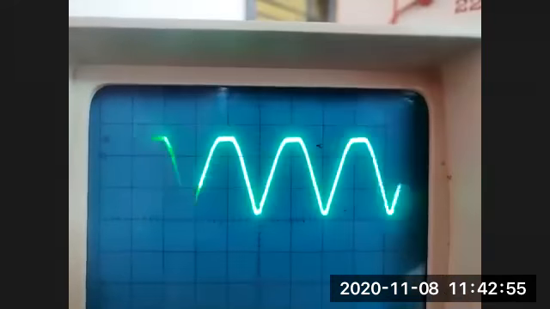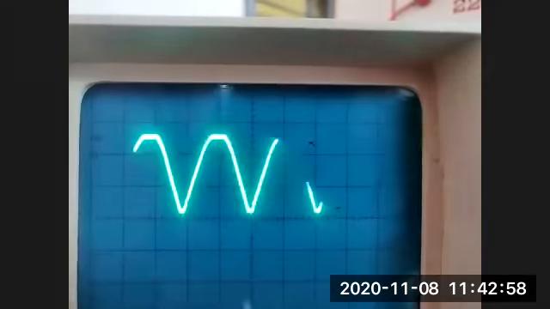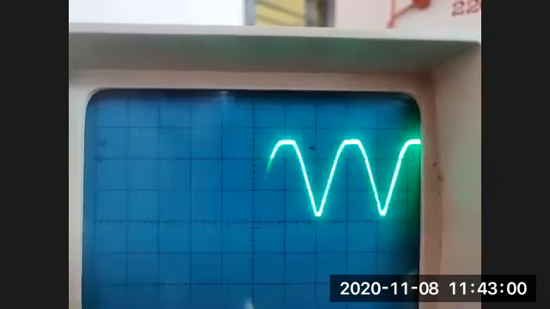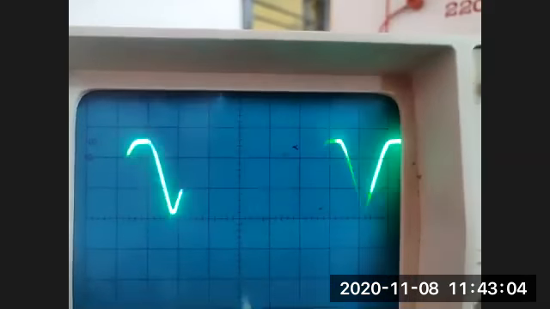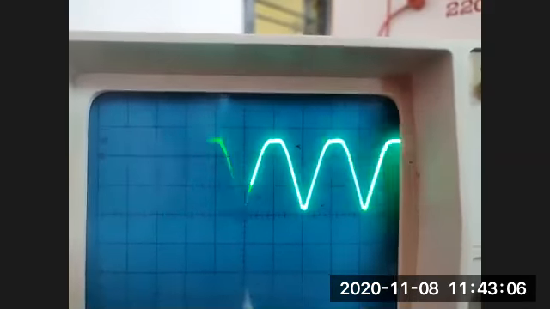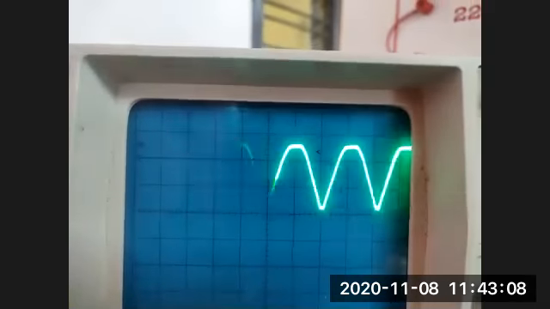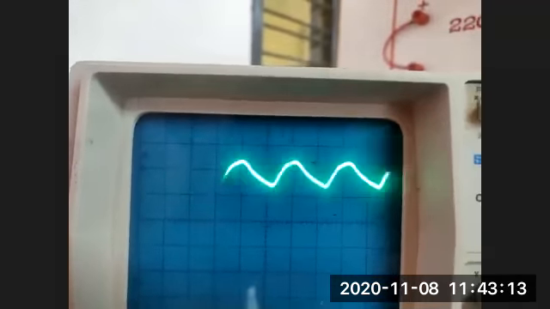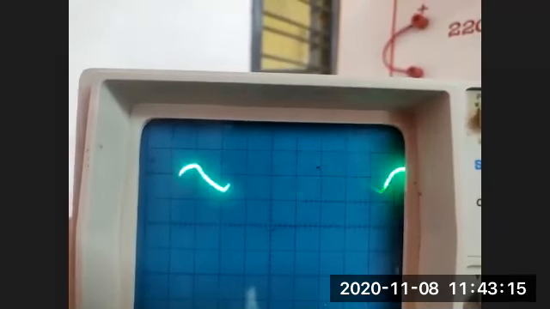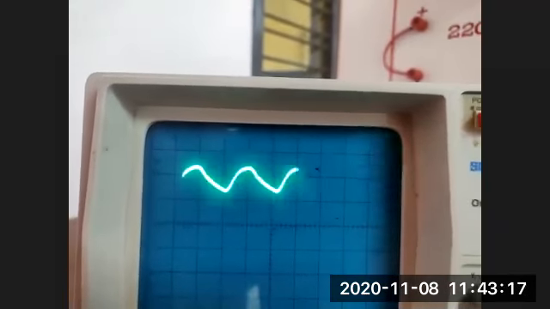You can again verify this is without filter. You can observe that without filter, the waveform starts from 0, reaches the maximum, and again goes to 0, and so on. The cycles are repeated. While connecting the filter, you can observe the waveform starts from less than the maximum value and reaches the maximum, again falls to less than the maximum value, and again reaches the maximum.